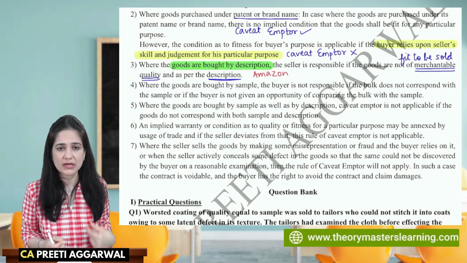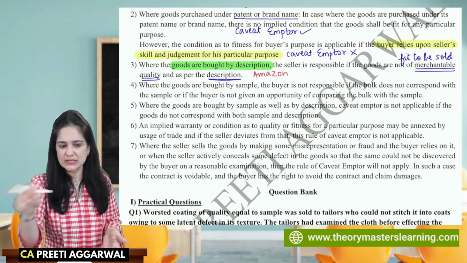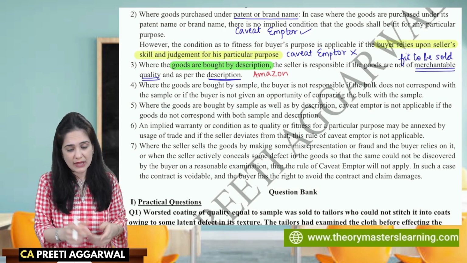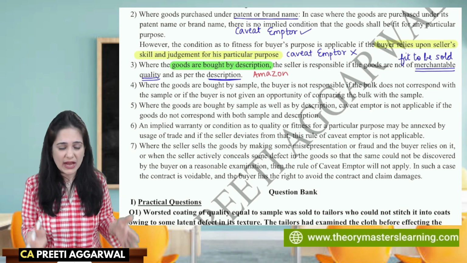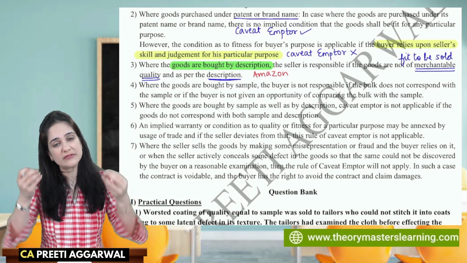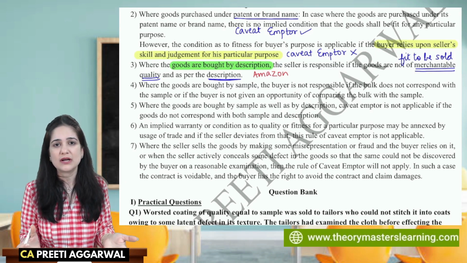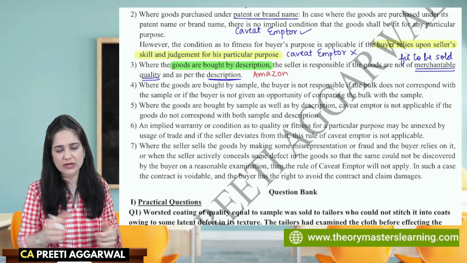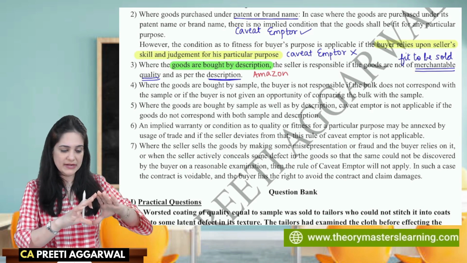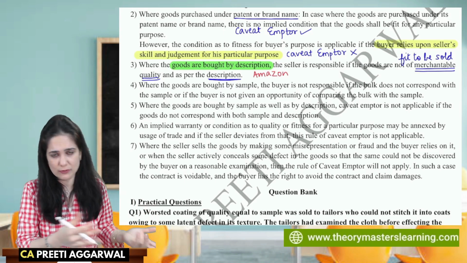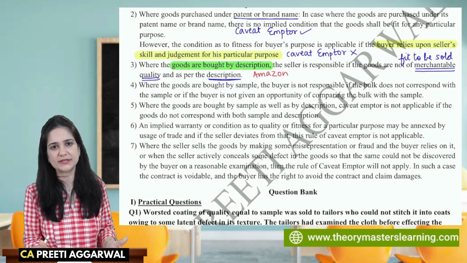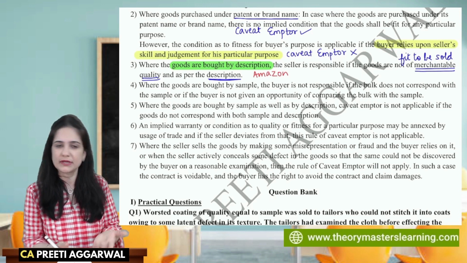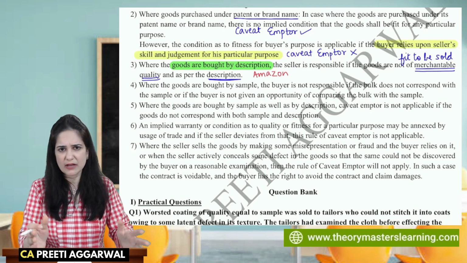What is the meaning of merchantable quality? When I opened the bag, I saw that the zip was of very poor quality. In fact, the zipper was very tight. I checked the material. It was extremely thin. I was wondering, how can a person even sell such poor quality of goods? So it is not something which you can sell. The zip was not working. Maybe it was torn at one place. The net that was there to keep the bottles was torn and coming out. This is not even of merchantable quality. You can reject the goods. So it may sometimes meet the description, but it is not of merchantable quality. You can reject. You can't blame the buyer for that.